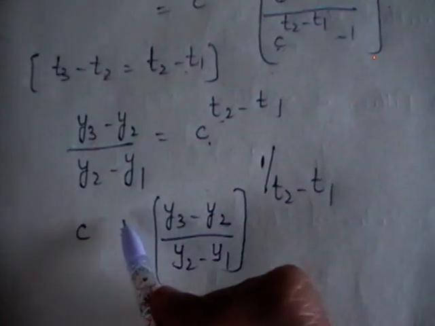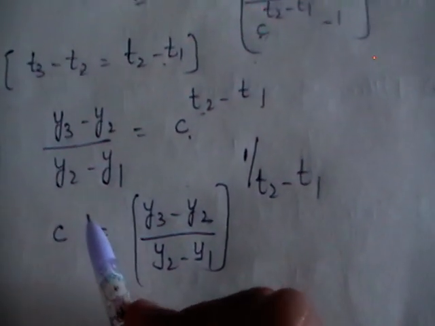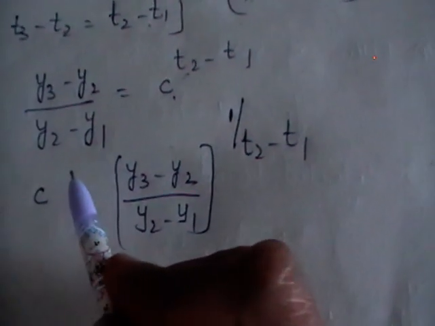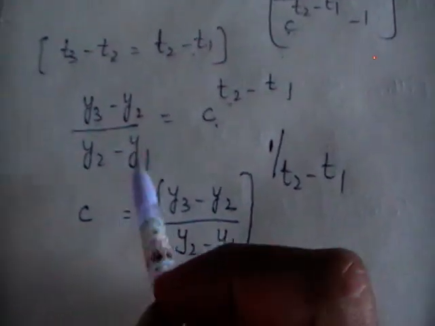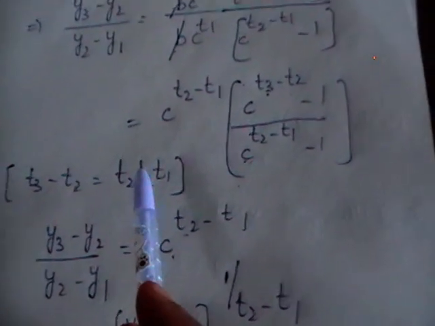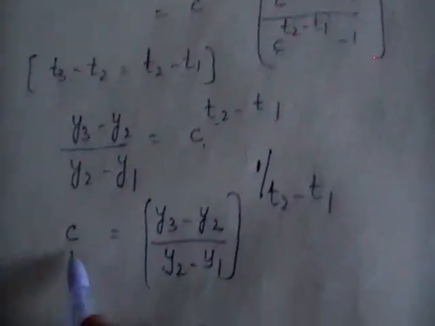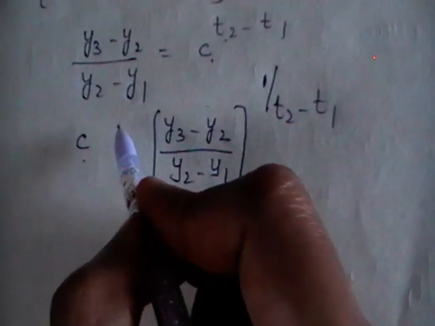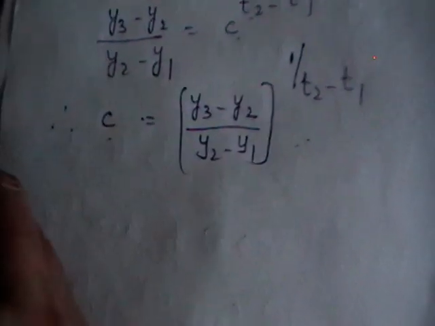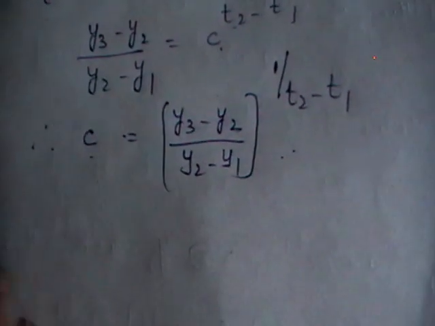Got it, girls? We wrote y1, y2, y3. Then we wrote y2 minus y1 and y3 minus y2. We have divided y3 minus y2 by y2 minus y1. So step by step, out of the three constants, in the first step a is eliminated, in the second step b is eliminated, so that we have calculated the expression for c. C is obtained. So we got the value of c. Out of a, b, c, c is calculated.